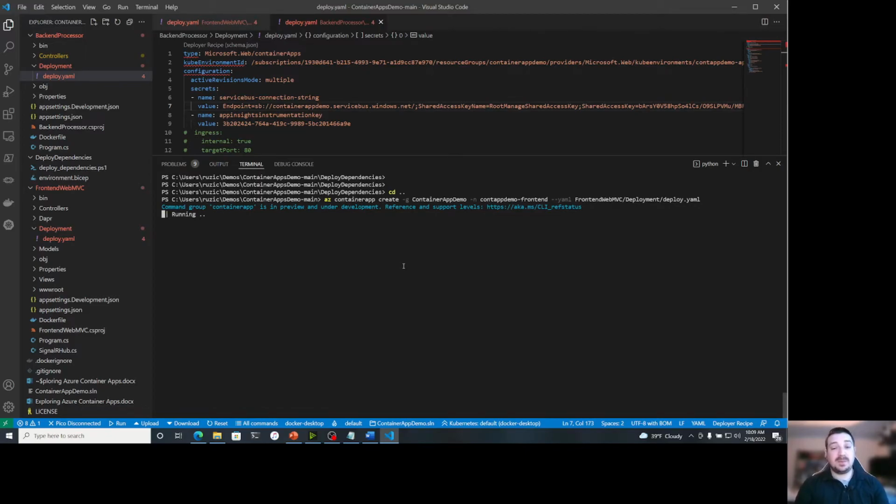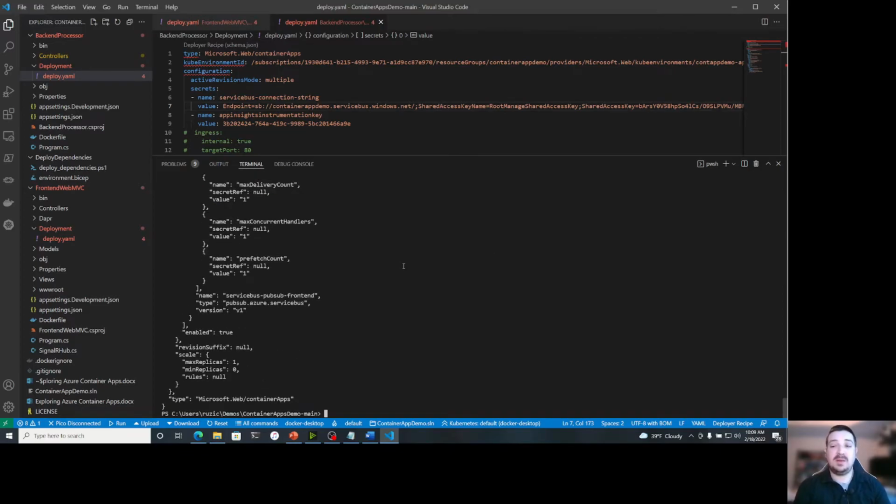And so it needs to know the environment, and that is all configured in that deployment YAML file. So we've got that deployed. We're going to go ahead and just change this to backend processor and change this to backend.